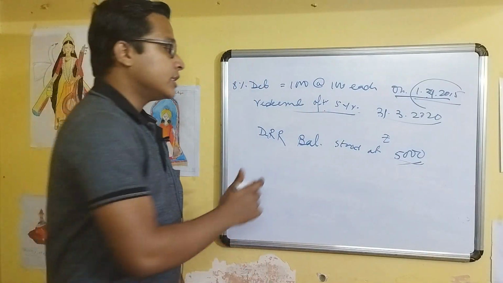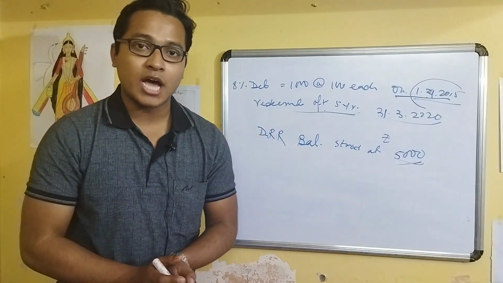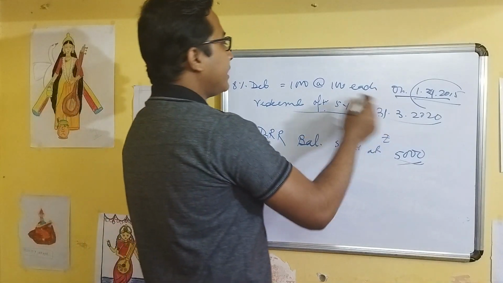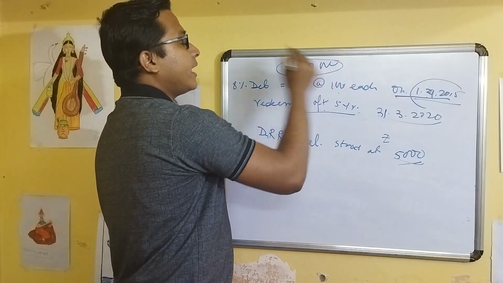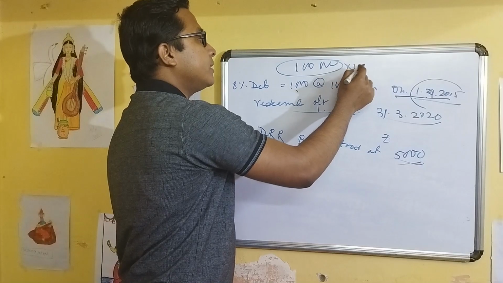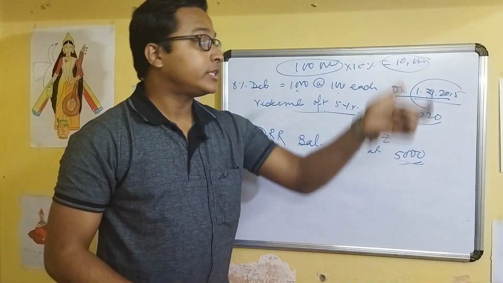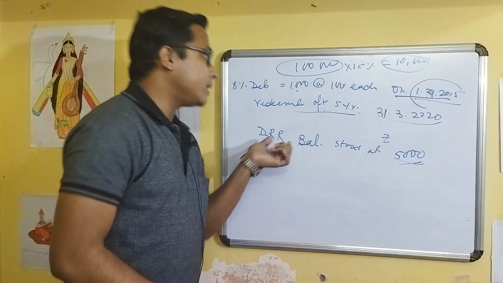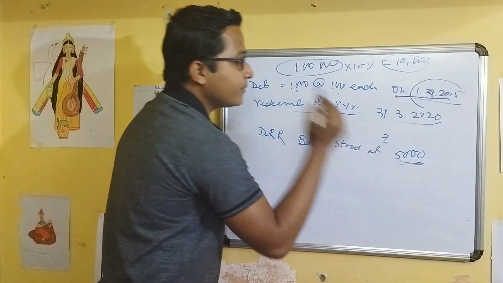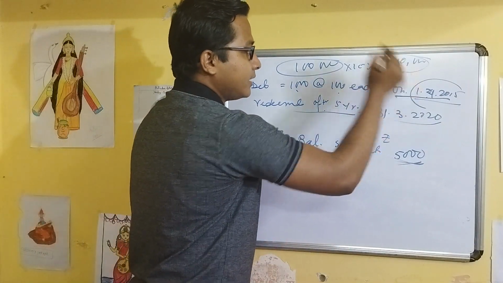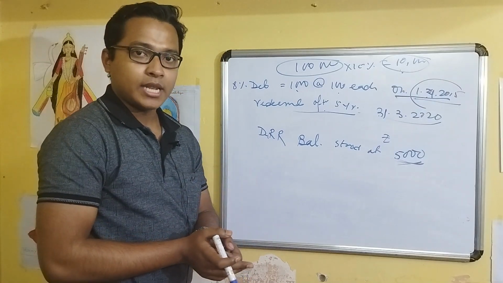So since we know this, the DRR should be 10% of the entire amount of debenture outstanding. This outstanding amount is 1,000 debentures into 100 each, it means 1 lakh rupees. This is the entire total amount. That should be 10% for DRR, it becomes 10,000. So we have to have 10% in the DRR balance before the redemption begins. But we have seen this DRR balance is only 5,000, but we have to get 10,000. So the rest amount, that is 5,000, we have to transfer from the statement of PL